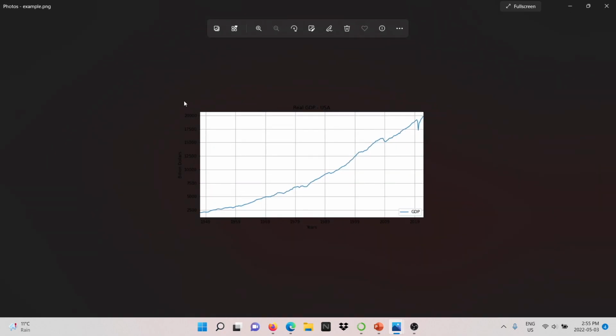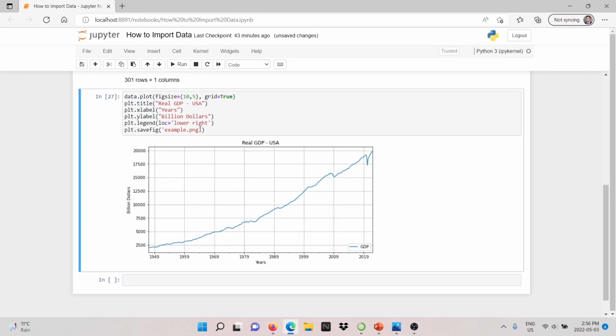Something that you can notice in this image is, for example, the borders here are kind of transparent, right? I don't like that. I would like these to have a color, because, for example, if you see here it says $1 billion, but we can barely see what this is. So let's go back now into our notebook, and we're going to be adding an option here. The option I'm going to be typing is comma, facecolor, equal, and then quotations, and we type white.